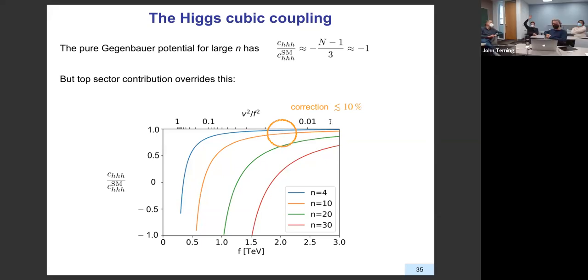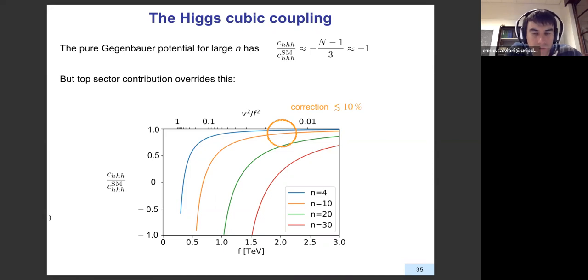Sorry. Yeah, please. It looks like from this plot that it wants to asymptote to the standard model when f is large, and you might think, oh, well, of course, because when f is large, you're just tuning towards the standard model. But this is coming from a loop correction, so somehow getting the standard model requires the loop. Do you understand why these are asymptoting to the standard model for large F when it's a loop correction? You understand what I'm saying?